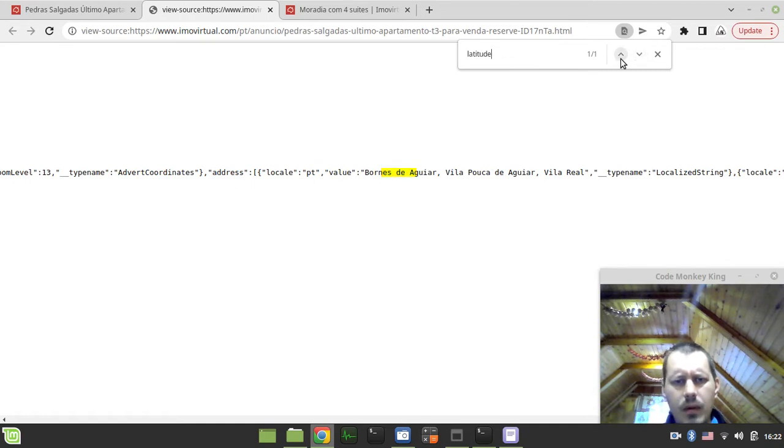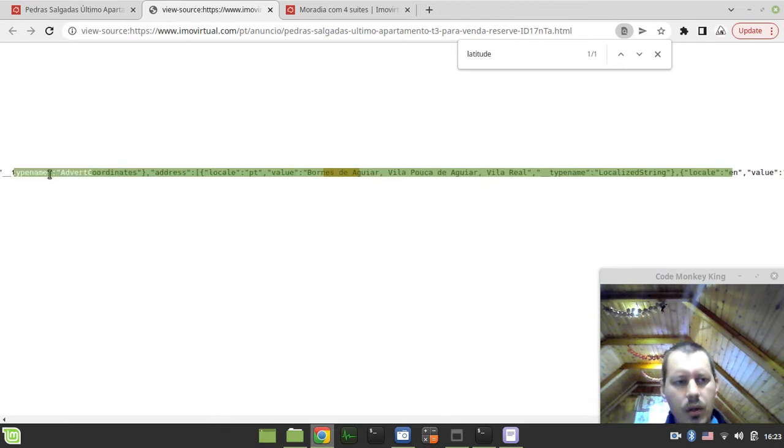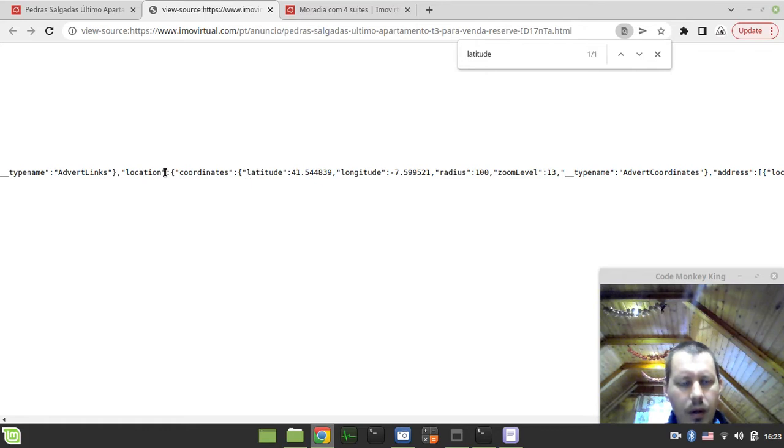It doesn't. Maybe in Portuguese they may sound a little different. Locale. Yeah, this should be in this one. If I'm just wondering if I, yeah, latitude, longitude. Here they are. Yeah, so it's definitely there, which is good.